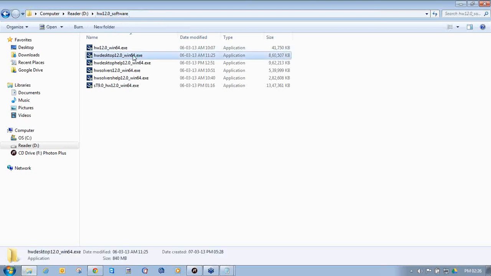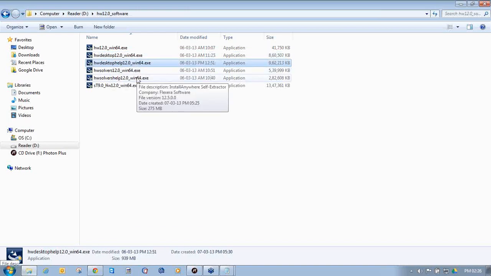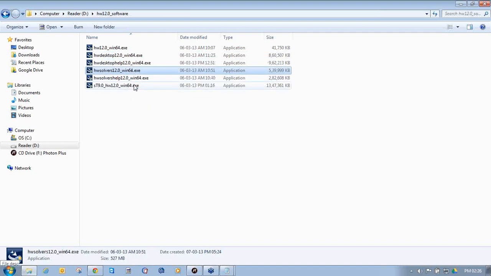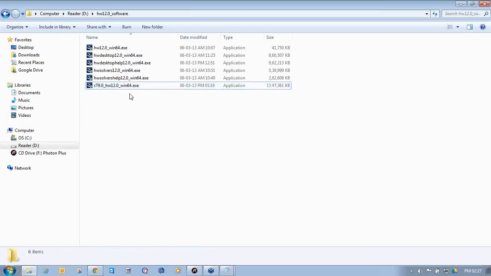I have downloaded all the setup files: HW12 Windows 64.exe, HW Desktop 12.0 Windows 64 exe, HW Desktop Help 12.0 Windows 64 exe, HW Solver 12.0 Windows 64 exe, HW Solver Help 12.0 Windows 64 exe, ST9 HW12 Windows 64 exe.